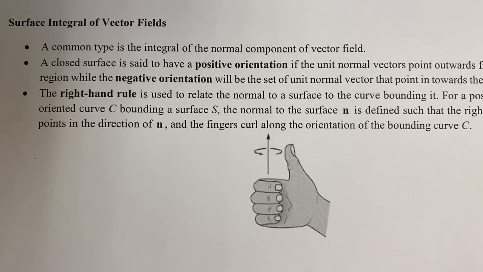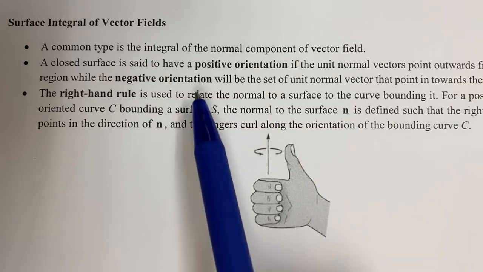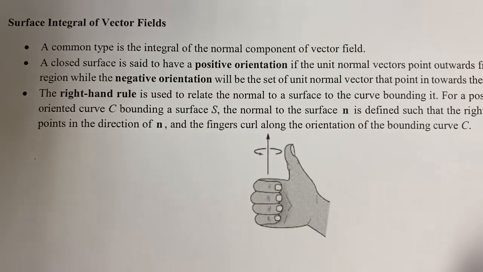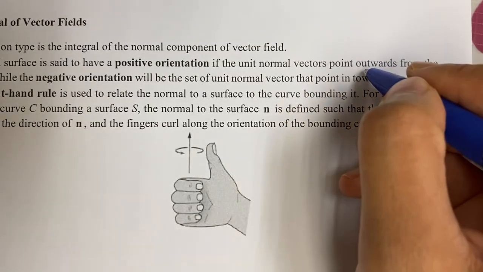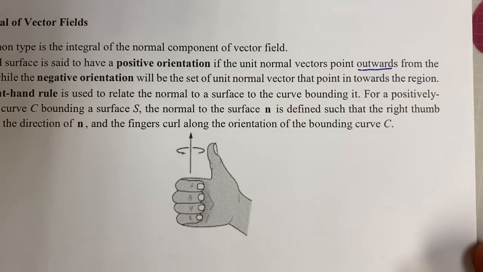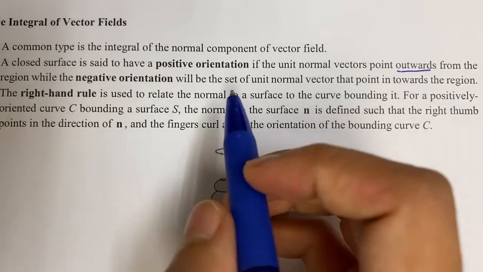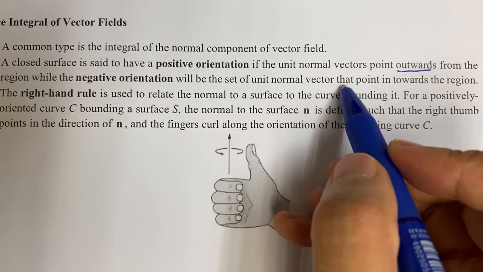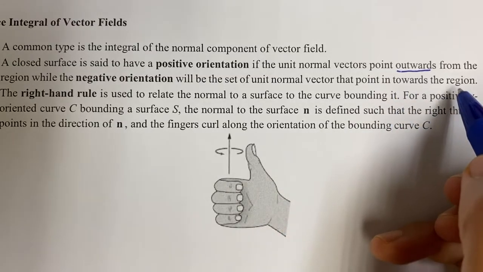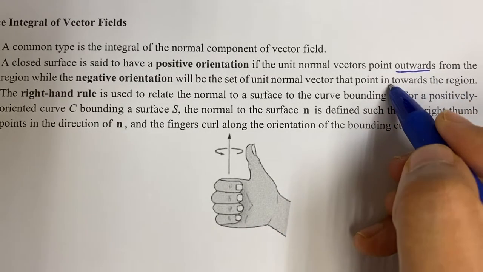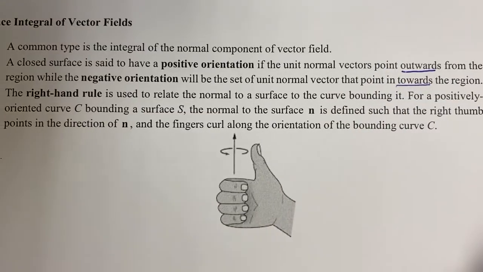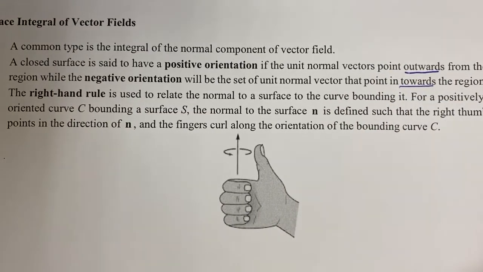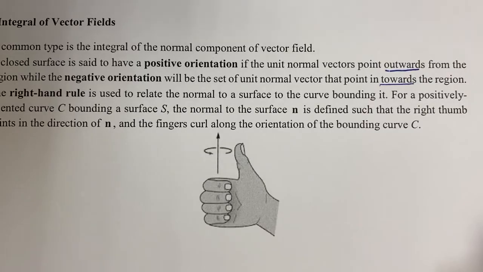Last but not least, we have the surface integral of a vector field. A common type is the integral of the normal component of a vector field. A closed surface is said to have a positive orientation if the unit normal vector points outwards. Outwards, so it's a positive orientation from the region, while the negative orientation will be the set of unit normal vectors that point in towards the region. Positive and negative orientation. The right hand rule is used to determine the orientation of the